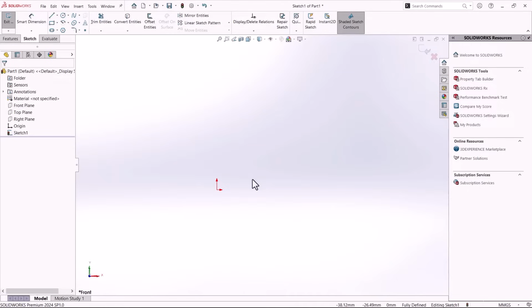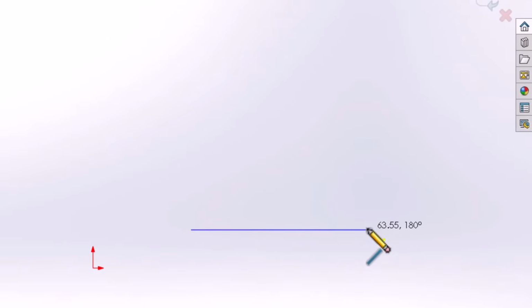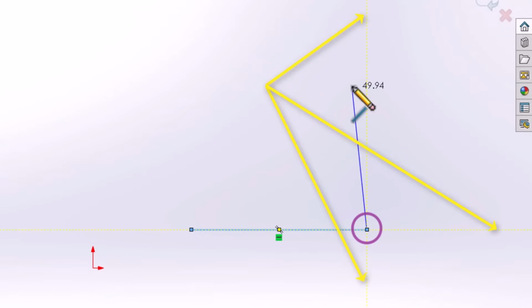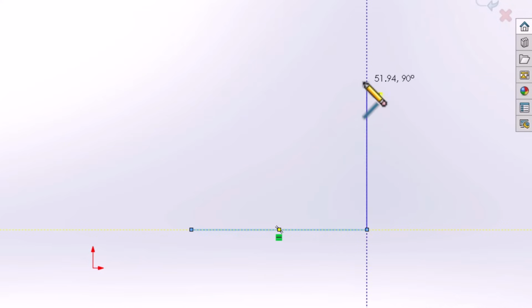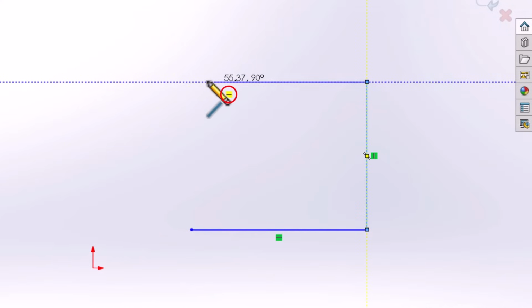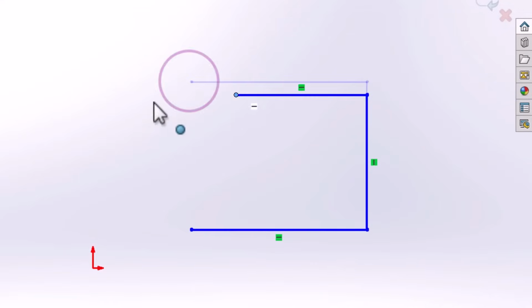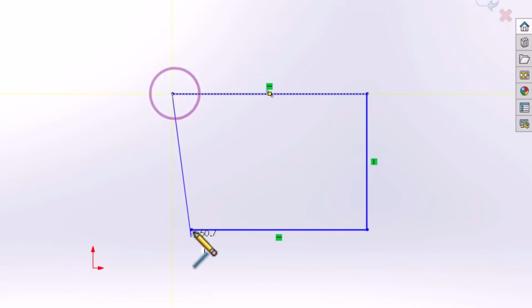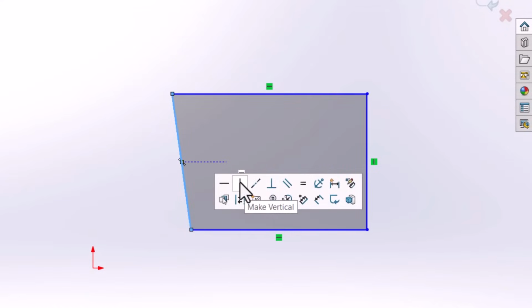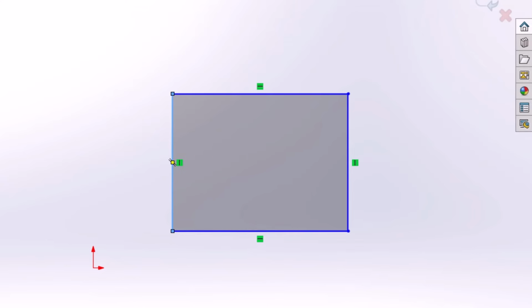Relations can also be added automatically. For instance, when drawing a line to create a rectangle without using the Rectangle tool, yellow guiding lines appear to indicate potential relations. The yellow lines signify automatic relations that will be applied if you click the left mouse button. Also, a yellow box appears indicating which relation is going to be applied. On the contrary, white box relations do not apply automatically and do not restrain the movement, requiring additional actions to enforce the vertical alignment in this example. So we must add a vertical relation between the 2 points or draw a connecting line.